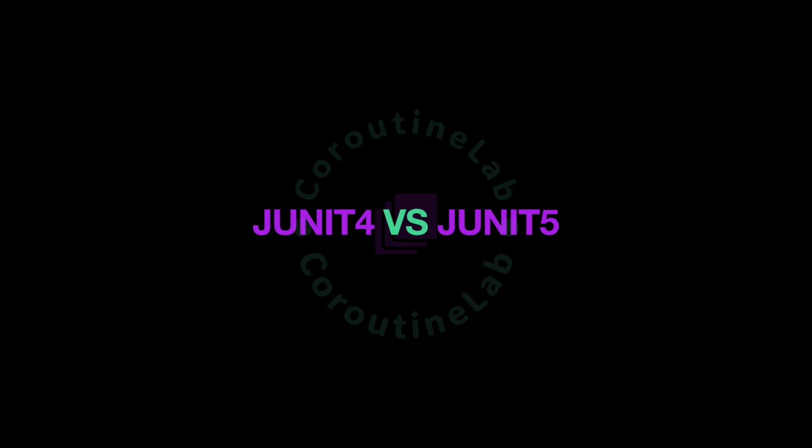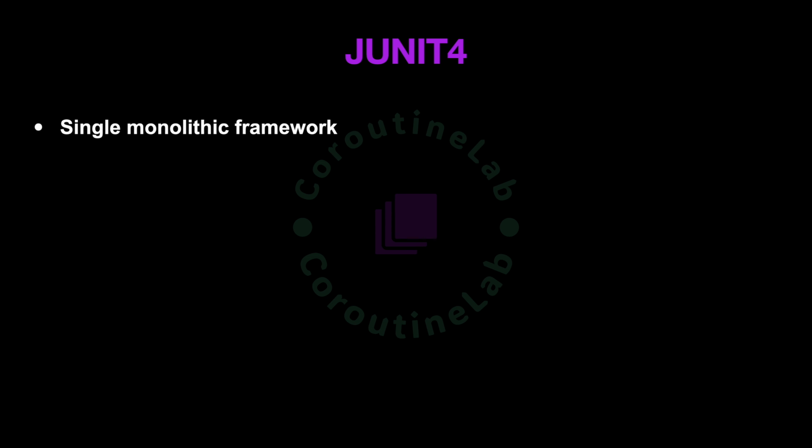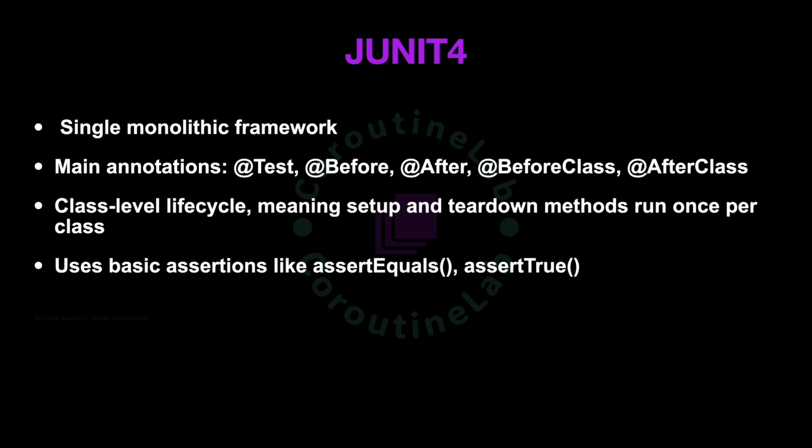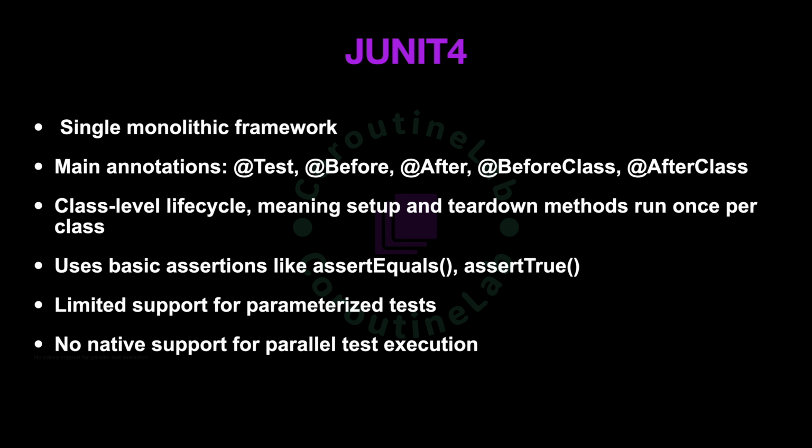By default, Android projects come with JUnit 4 for unit testing, but you can also include JUnit 5 to take advantage of its modern features. So, what's the difference between the two? JUnit 4 is a single monolithic framework with core annotations like @Test, @Before, and @After. It has a class-level lifecycle, meaning setup and teardown methods run once per class. It uses basic assertions like assertEquals and assertTrue, but it has limited support for parameterized tests and lacks